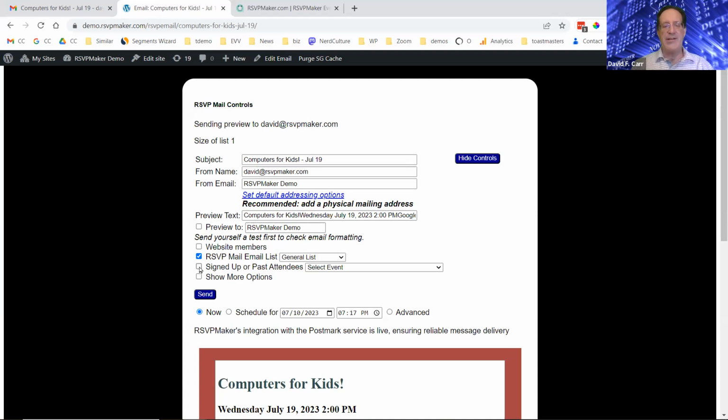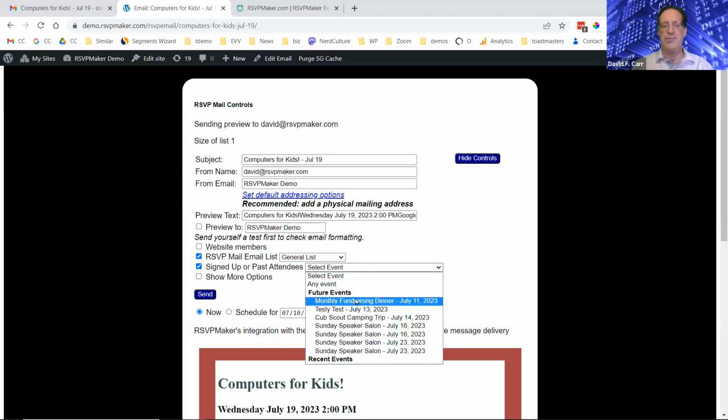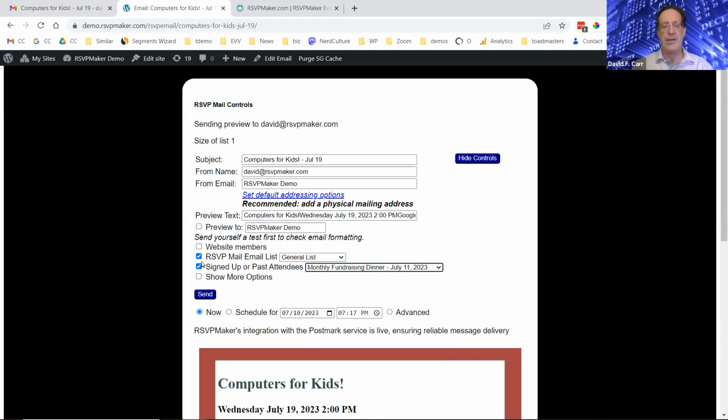Another thing that can be handy is to send out an email to all the people who signed up for a certain event. Again, maybe I showed how you could automate that, send out an automated reminder, but maybe it's a conference you're organizing and you just got a new exciting guest speaker. You want to let everybody know about that. You could send out something to just the people who've registered for the upcoming conference.